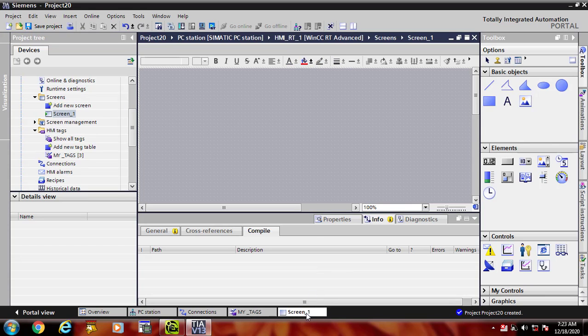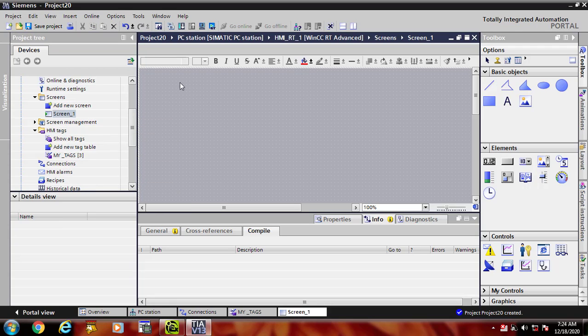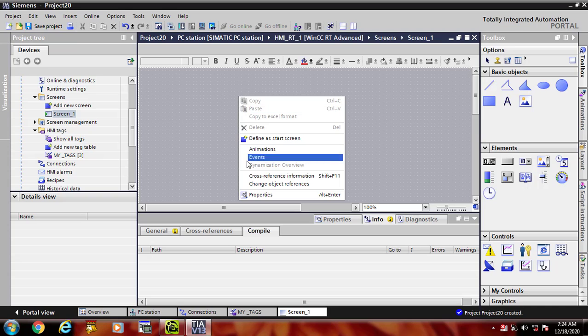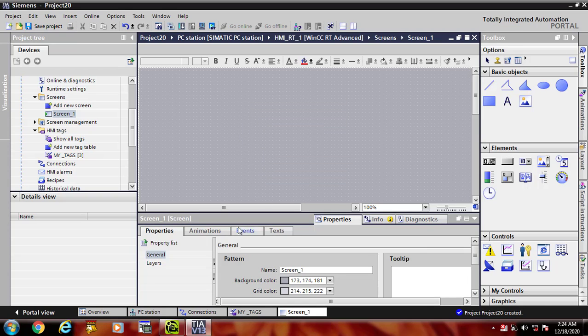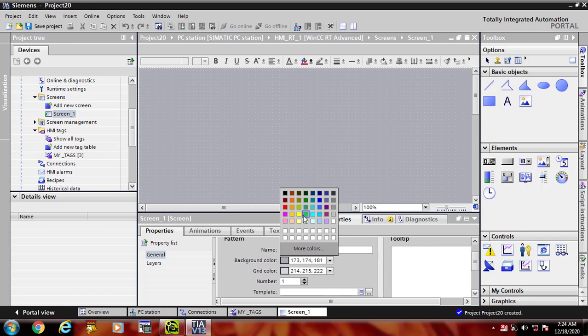This is screen 1. Now I will develop screen 1, its properties. You can change color. Click on it, go to properties, change its characteristics, its color, its background color, its grid color, templates, everything.